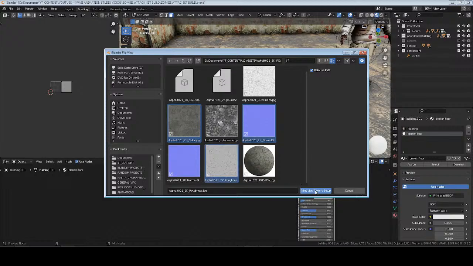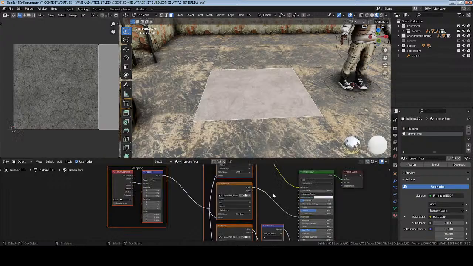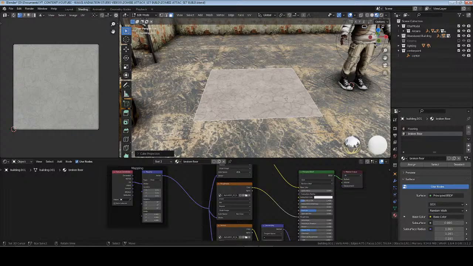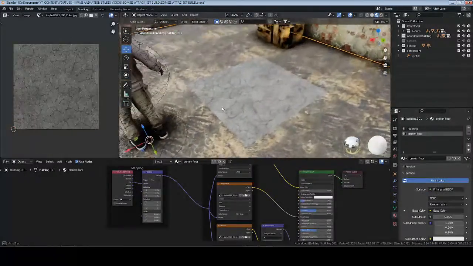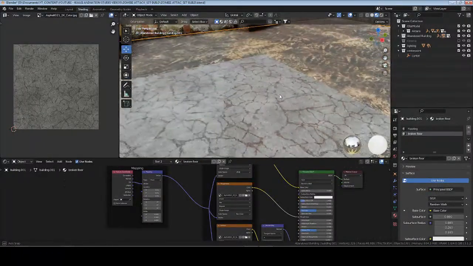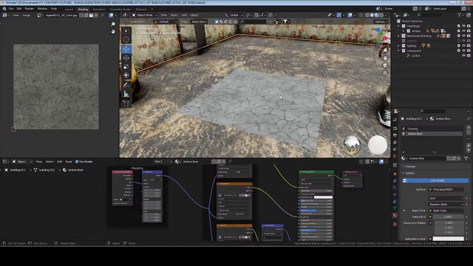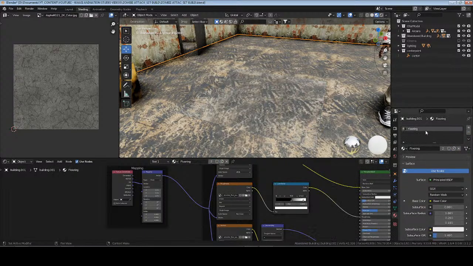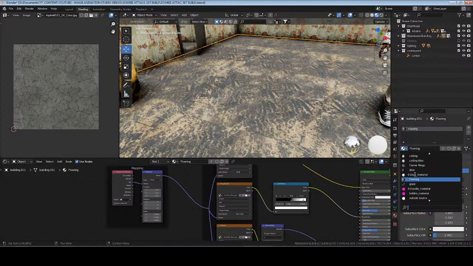Because there's two different normals. You have a DX and a GL. One is more dynamic, the other one not so much. And since this is already done, you know, just go boom. But now you see what I mean by it's just random to the floor. So I may end up just changing the entire floor texture. Let me save it, do this, and then change the floor to